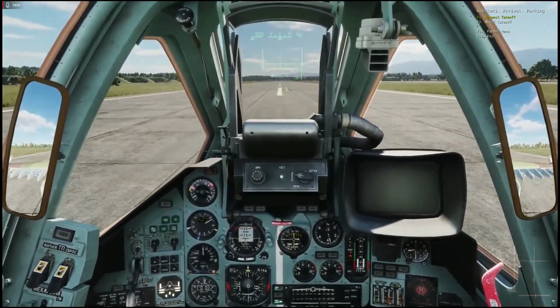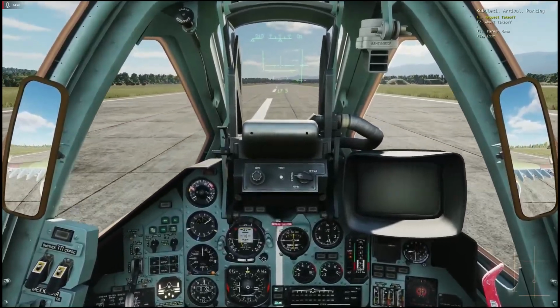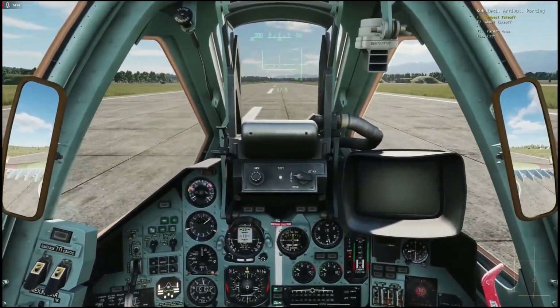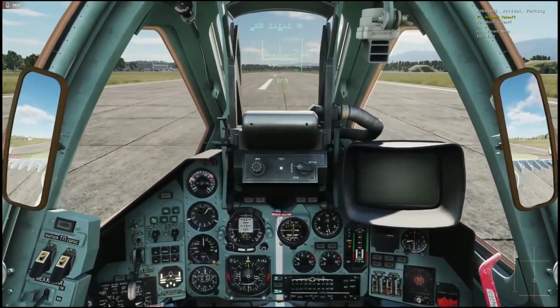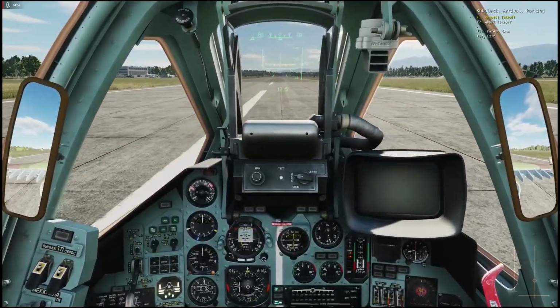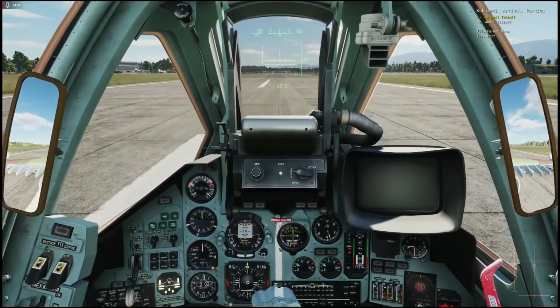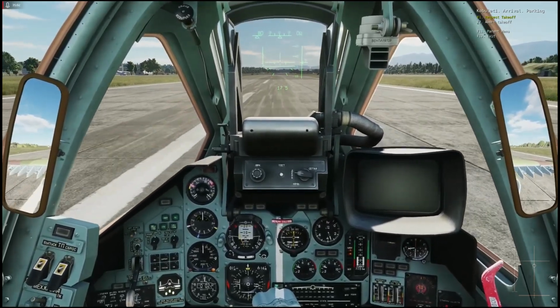Keep the stick back. That helps with aerodynamic braking. And avoid using the wheel brakes above 200 kilometers per hour. Now I deploy my brake chute and see how effective they are. Releasing pressure on the stick, retracting air brakes,